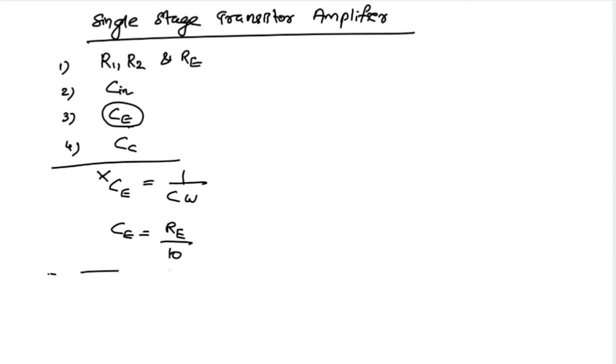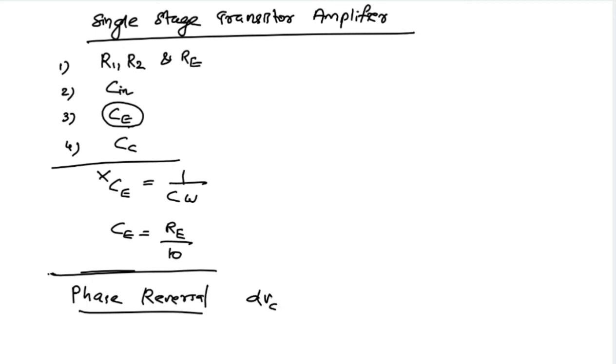Next we saw the phase reversal conditions. So what do we mean by phase reversal? Phase reversal means the phase difference of 180 degrees between input and output voltages in a common emitter transistor amplifier, and we successfully demonstrated it in a graphical way. And from the mathematical condition, it is clear that dVc is equal to minus gm IC RC. That means the input is 180 degrees out of phase with the output.